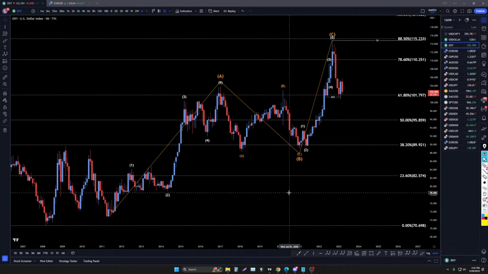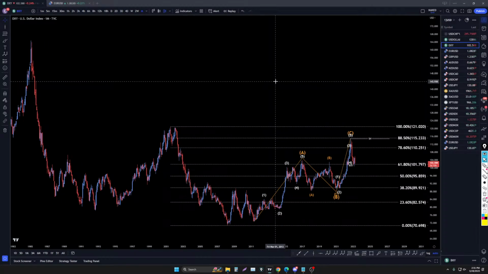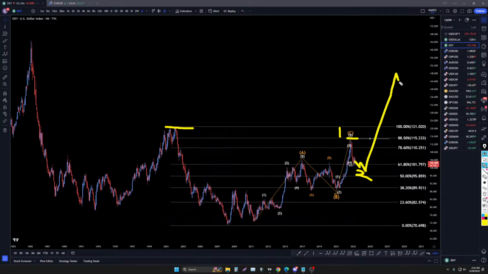Now I have it on the DXY, and I do want to zoom out a little bit just so I can give a little bit of perspective about why I think this could end up being a wave C. Now the fact that it made a lower high right here, and the fact that it did take out structure to the downside, doesn't necessarily mean that it is a wave C. It still could be a 1 of 3, and this could be a 2 of 3, and it could go up again for a 3, 4, and 5, and that would be 100% normal if that is what it did. But the fact that it made a lower high, the fact that it took out structure,